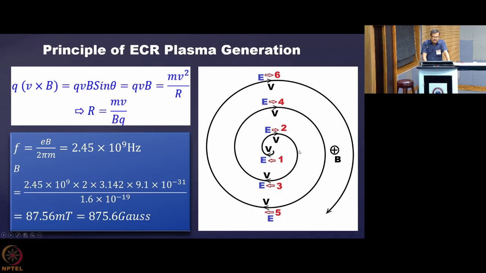So it is now here with the increased radius. So it is gradually moving outward from the center. Now at this point, if I want to accelerate the particle, I need to apply another electric field at this point, so that the direction of the electric field and the direction of velocity are matching. So again the velocity is increasing.